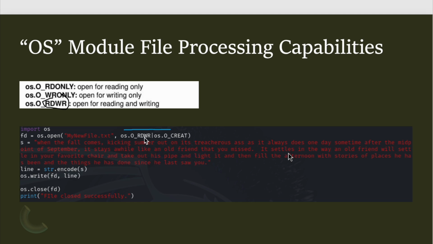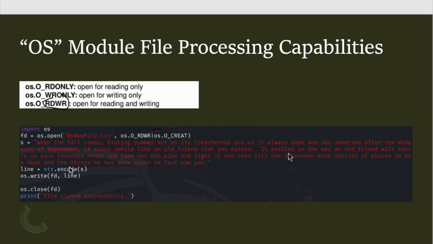It'll actually open a file for both reading and writing, but it will also create it if the file doesn't exist. And the name of the file, and I'm hoping that everyone could read this carefully, I just called it my new file.txt. And let me go ahead and erase this, and while I'm at it, I'll erase that. And that basically says it's going to go ahead and create that file, and then it's going to write this